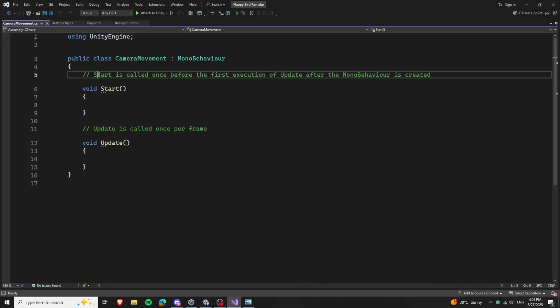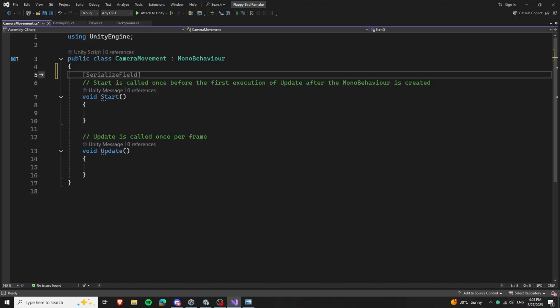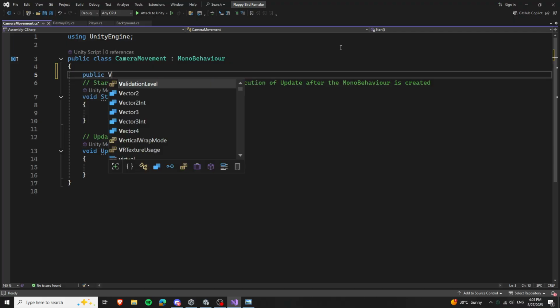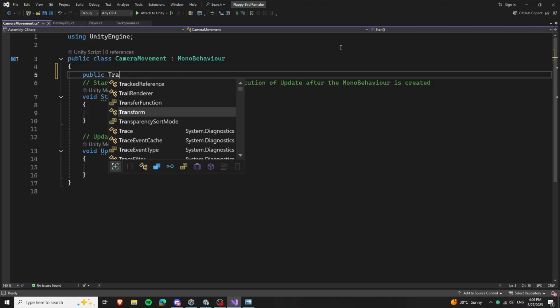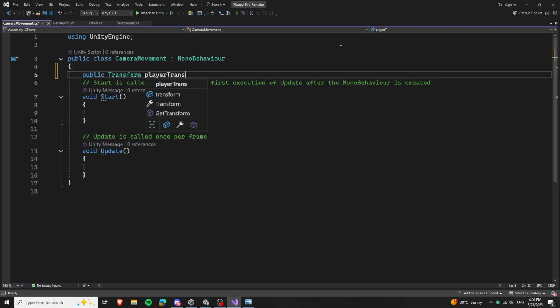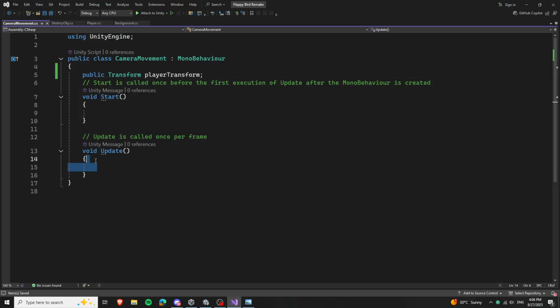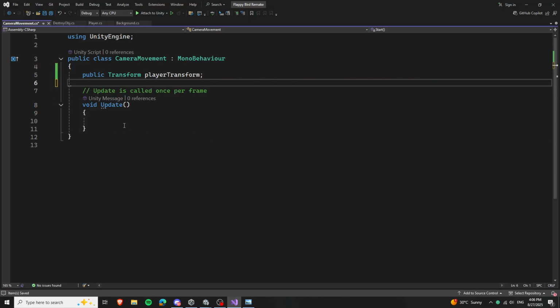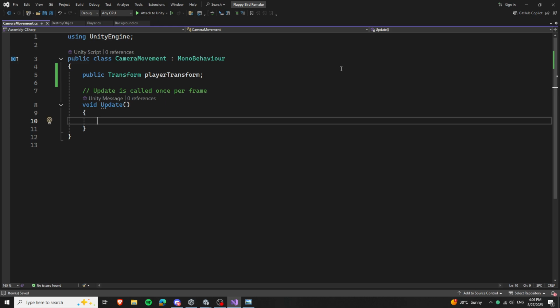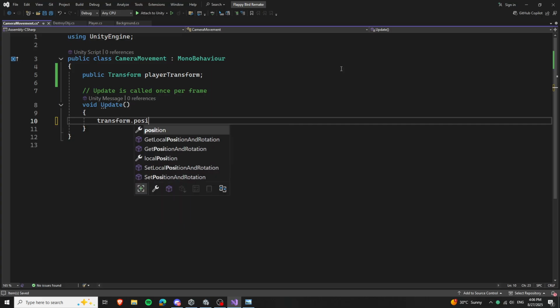And here we want to know where the player is at all times. So we'll make a public, not vector 3, but transform, player transform. And every frame we want to move that camera to there. So transform only on the x-axis. So we say this transform position